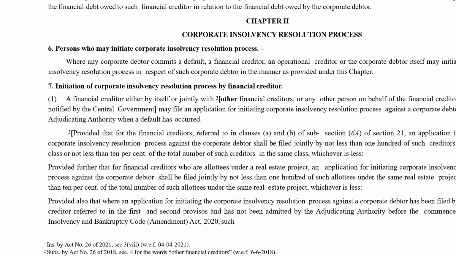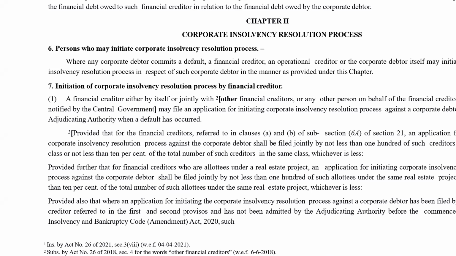So, now what are the various types of financial creditors covered here? It could be an individual, it could be a joint lending, or it could be the case of home buyers or a class of creditors like deposit holders, debenture holders, etc. So there are different procedures if you are an individual financial creditor or you have given as a class of creditors. Like suppose home buyers have given money. So then there is a stipulation that a certain minimum number has to be there for initiating this process. So initiation of CIRP process by financial creditor.